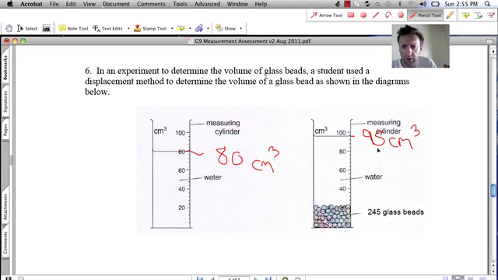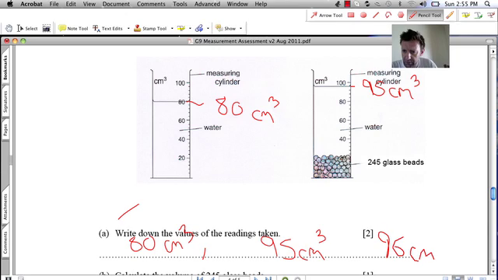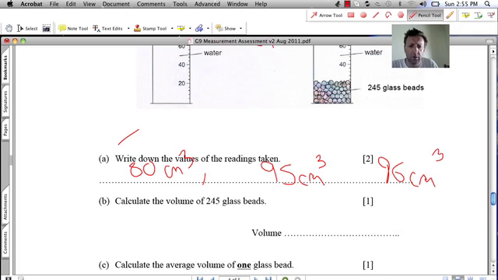Okay. So you're asked to write down the values of the readings taken, so it should be 80 cm cubed and 85 cm cubed. I reckon we get away with 96 cm cubed, because it could be a little bit more. Right,